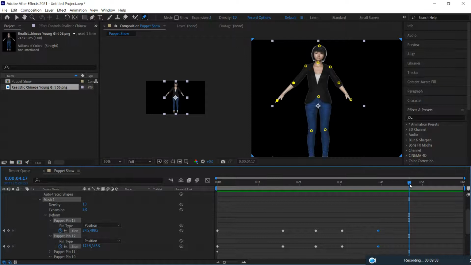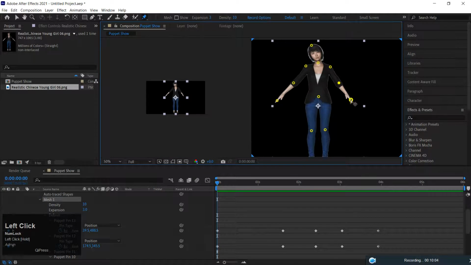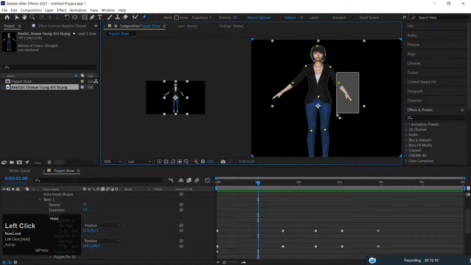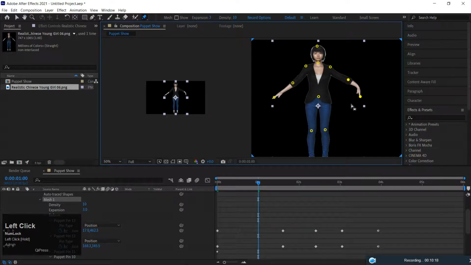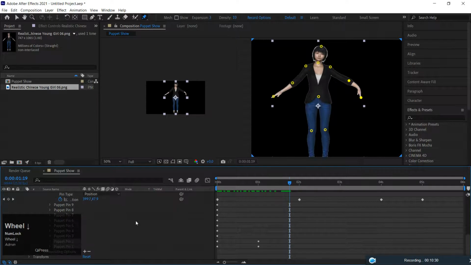Okay, similarly for the other side, if you want to make the animation however you want. So from here till about a second, I select these two. You should note down the numbers. So what are the numbers for these two? That is pin 1 and pin 2. Based on this pin 1, pin 2, you copy paste,